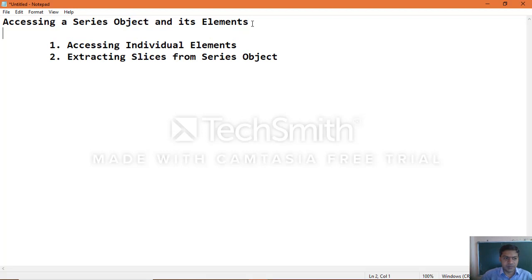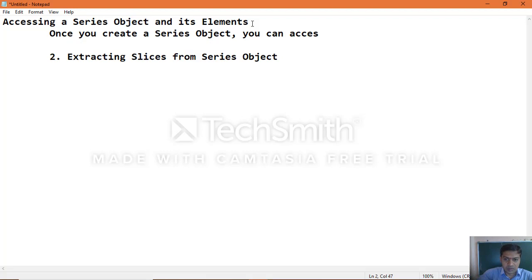First we will take an example here. Once you create a series object, you can access it in many ways.